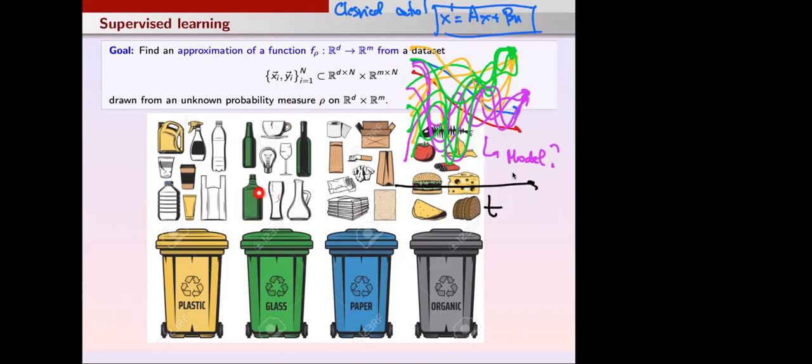You ask any friend who is not a mathematician, do you think they will accept that in order to classify waste, they have to study a bachelor in mathematics and then a master in mathematics and maybe even do some training in computer programming and maybe a PhD to solve this classification problem? Anyone could do it. Anyone could do this. So why all this mathematical theory for doing this?